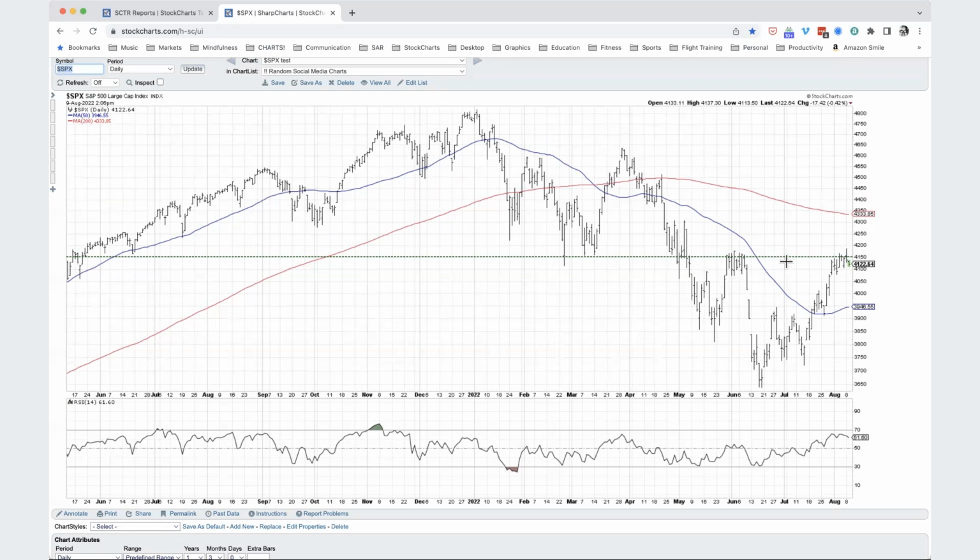So what we do to focus on support and resistance is look at where we're at now. Currently around 4122, look to the left. If we would move higher, expect resistance around 4150 to 4200. If we would break above that level, you'd probably look back to the previous level of resistance around 4600. What if we would sell off from here? Well, we can look back at the previous lows, maybe around 3950, which was the low from late July, certainly 3750, which was the low from early July, and absolutely 3650, the low from June. So as the price starts to retrace between extreme prices, we can focus on levels where prices found support and